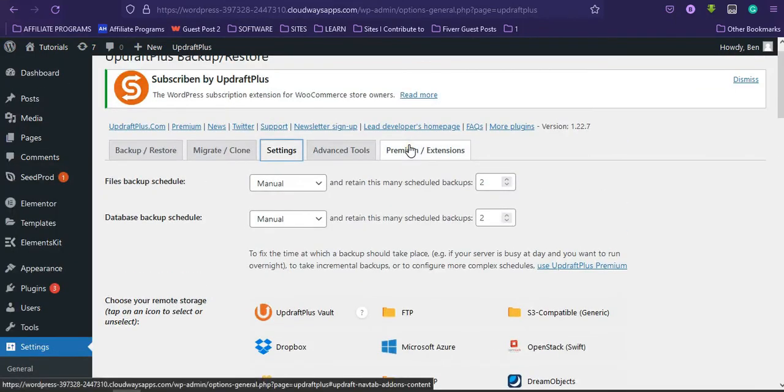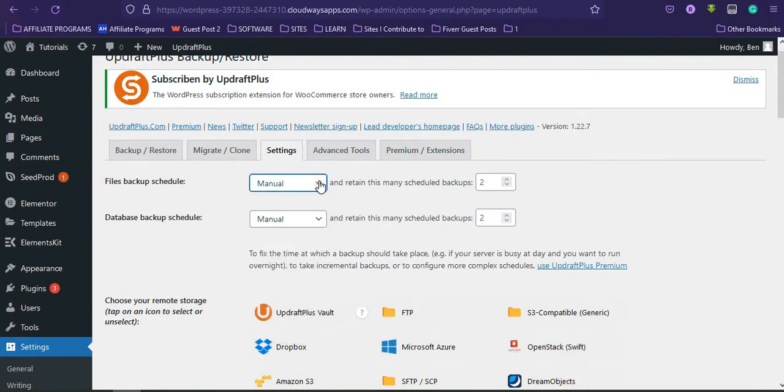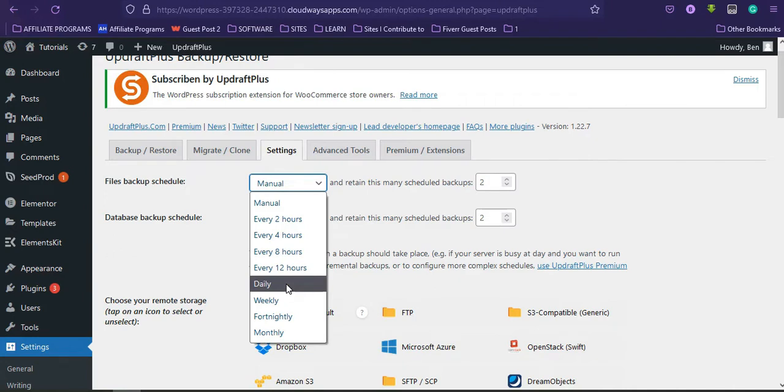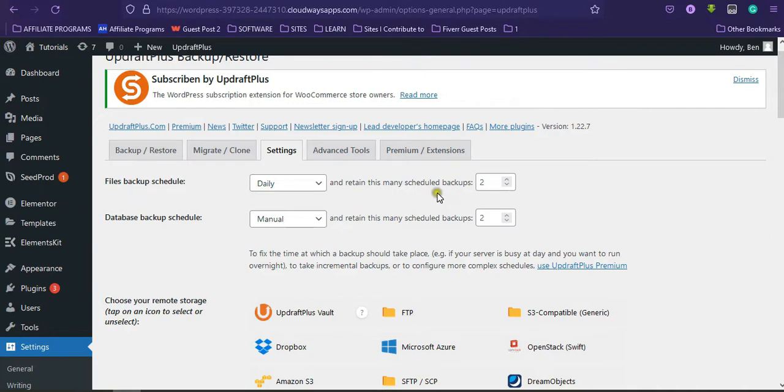The first aspect is the backup schedule of the files. So would you want to do this manually? And how many backups would you want to retain in terms of the files? Here you have to choose what you deem fit. So I'll choose daily backups, and you have other options like 2 hours, 4 hours and all of that. You also have weekly, fortnightly and monthly as well. So whatever interval you deem appropriate, select that here and then indicate how many backups should be retained whenever the